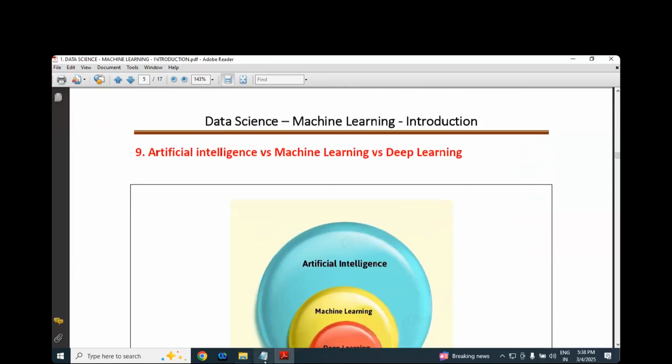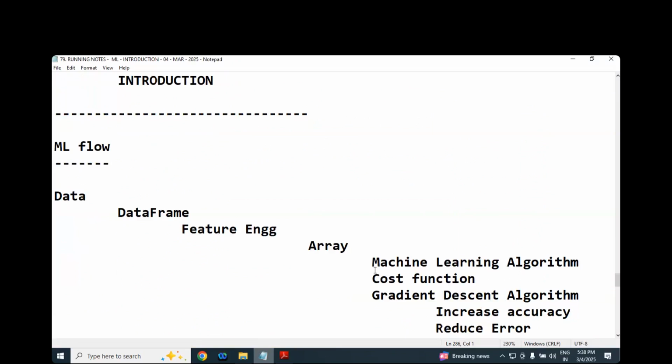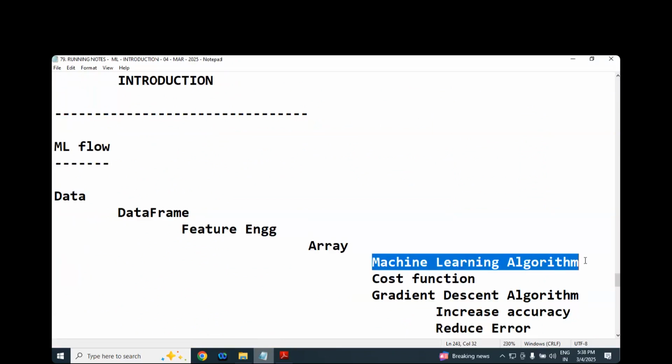Good. Anyway, I will give a small revision. The point will be, listen carefully. When you join a data science course, you should not immediately discuss machine learning. Why? Because you have to understand the fundamentals. The first one, Python is important. The next one, Pandas is important. A little data visualization you should understand.